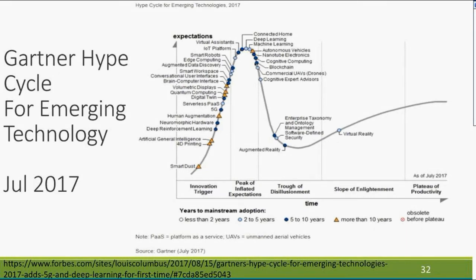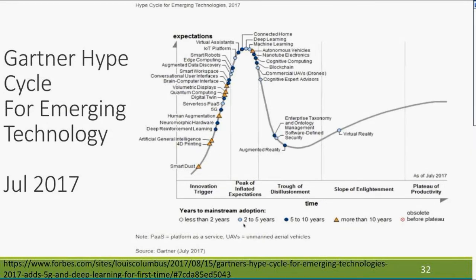If you see, blockchain has passed the curve. It has moved out of the hype and is coming down. IoT still remains very much similar. There is also a color coding going on. If you know the legend, the light blue things are mentioned as 2 to 5 years to mainstream adoption, which is pretty much out of the curve. You are already seeing machine learning happening in different forms and shapes. Driverless cars have already been piloted and tried in different places, but unfortunately there were a few accidents and that has taken a step back.